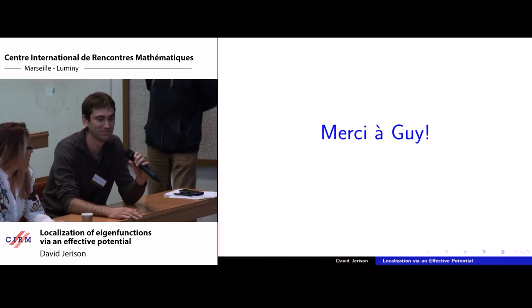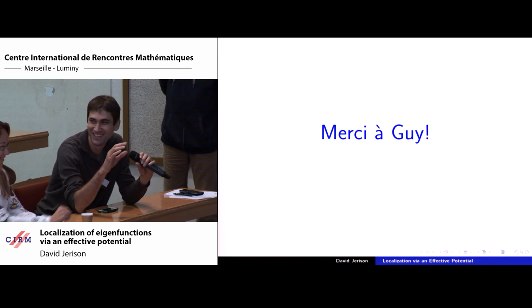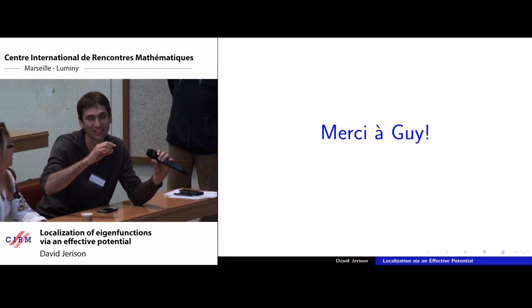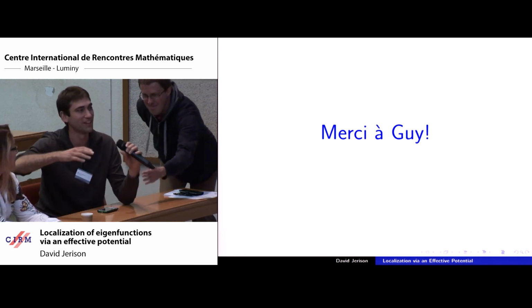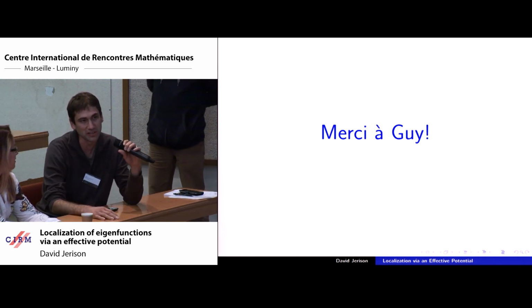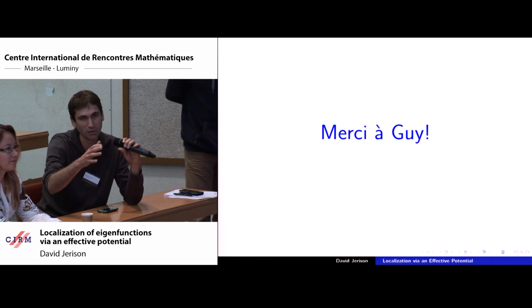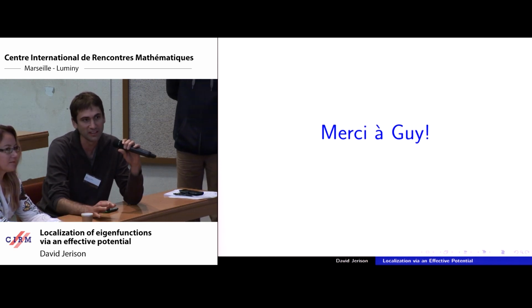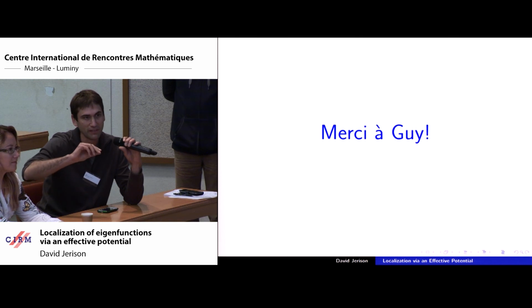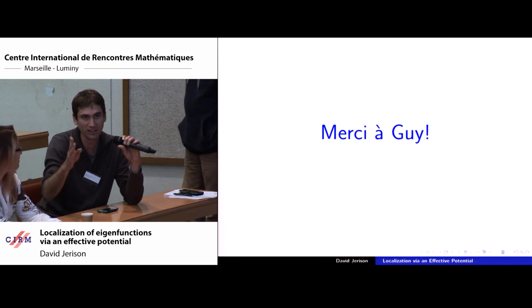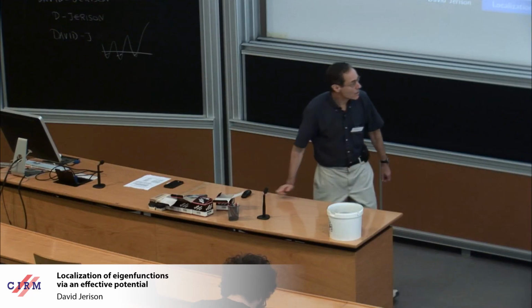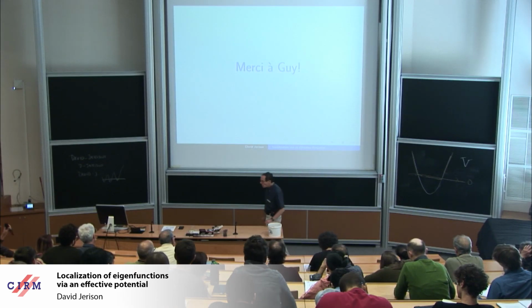I was wondering if you can prove some estimates about the sensitivity of the localization of the eigenfunctions depending on the potential V. So if you perturb V a bit, it reminds me of some work on semi-classical analysis where there are tunneling effects, and if you perturb V somewhere a little bit, it can completely change the localization of the eigenfunctions. And I think it's the next step after those estimates.